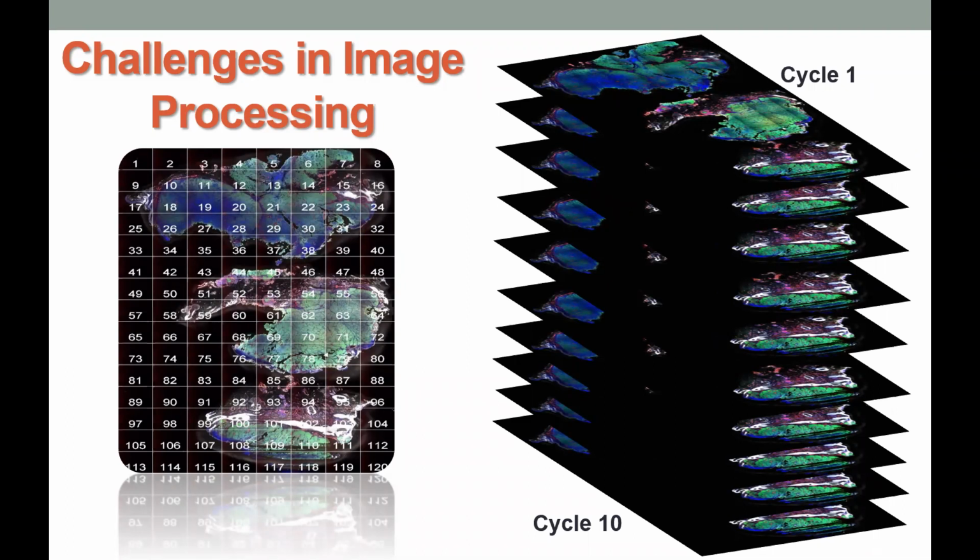Because in most of the cases, we not just try to select a particular region of interest, but we try to get an overview or a very detailed view of a whole tumor. So normally we do a serious scan of the whole sample, like here is a melanoma sample in 20x, so we have about 100 frames. But if you think about it, because we do a cycling process, if you cycle it 10 times, that means you have 100 images times 10 times. So in order to put all this together, it's not that easy a task in general, because basically not many